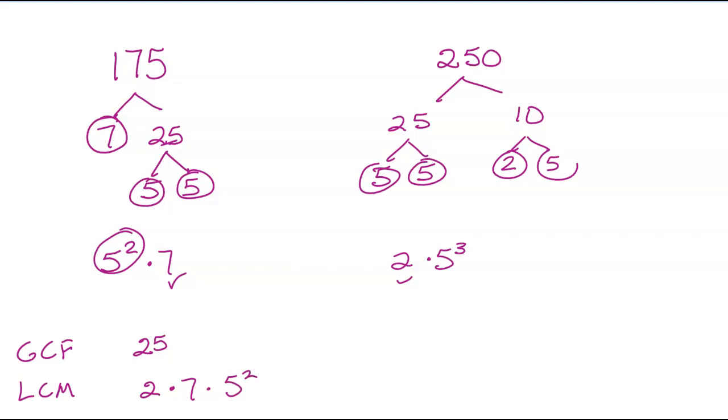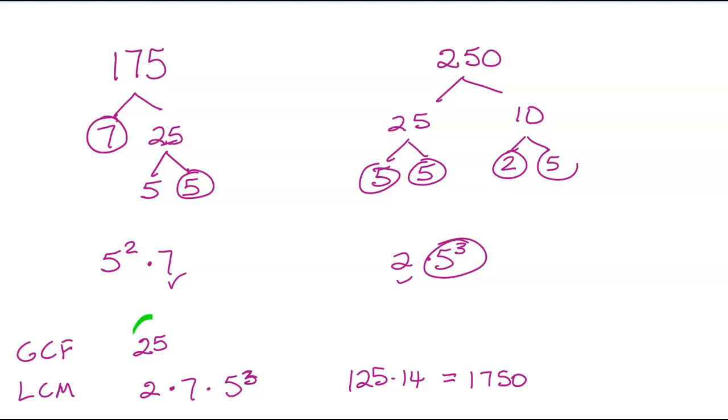Oh, it's the other way around. It's 5 to the third. I can't use a 5 squared. See, I think that's kind of hard. So that's 2 times 7 is 14 times 125. And 125 times 14 is 1,750. Now, I'm not real confident that this is my GCF and this is my LCM of these two numbers,